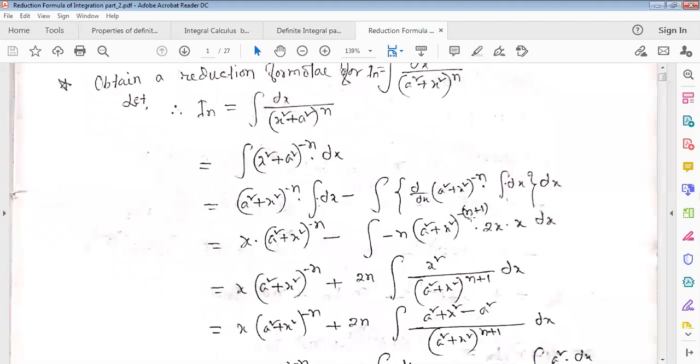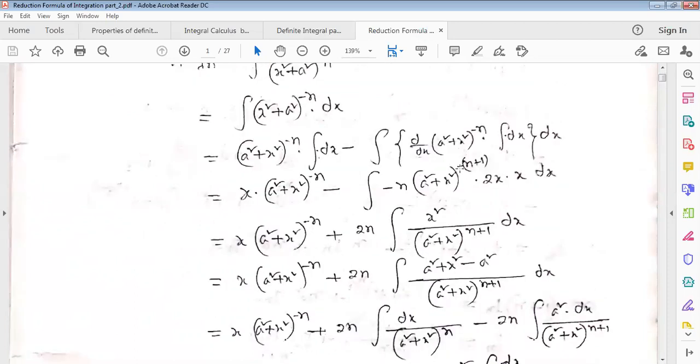Then this power can be written as (s square plus x square) to the power n plus 1, that means positive in the denominator. This minus becomes plus. Now we can write the x square, s square plus x square here in the denominator. This is how we produce s square plus x square in the numerator. s square plus x square minus s square will give x square.